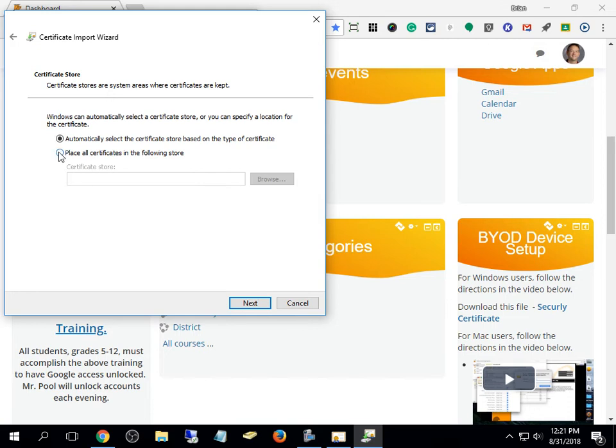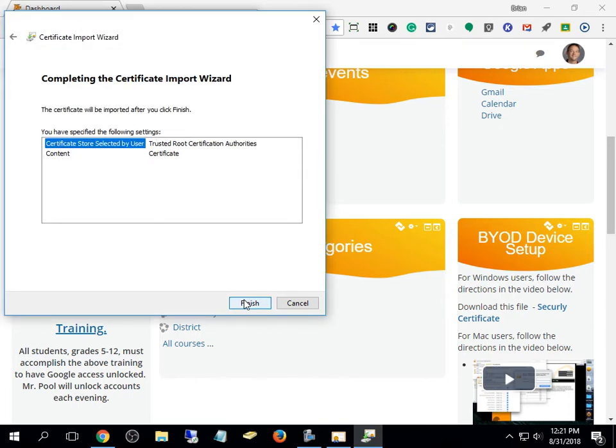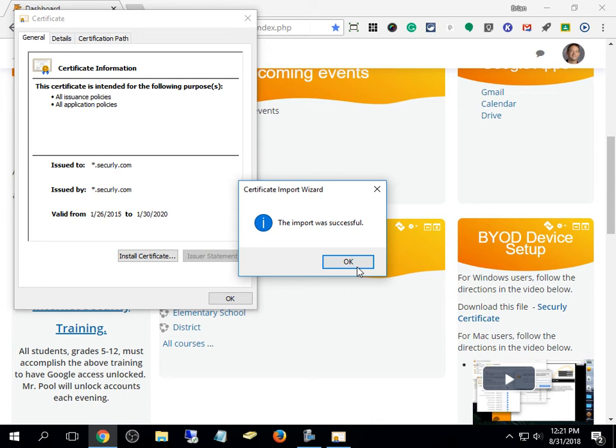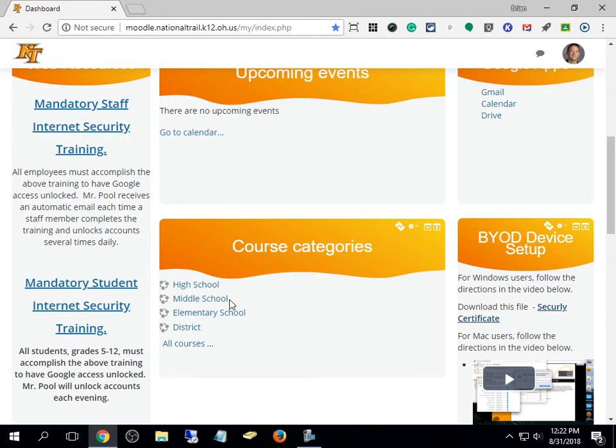I want to place it in the following store. You browse to the Trusted Root Certification Authorities. Say OK. Next. Finish. Import was successful. And you are done. Once you've done that, your Windows laptop should work at National Trail, but you do have